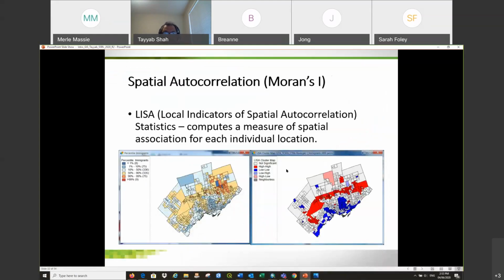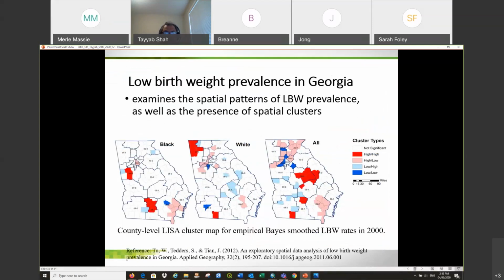There's another study, an example of a study on low birth weight babies prevalence in Georgia and the US. So you can see this is the way they used the same tool, and it's published in a paper in 2012. Is it a good journal? Applied Geography is a good journal. So this is the main process they used. They have a low birth weight, they calculate the prevalence and show this data, and using the LISA method,